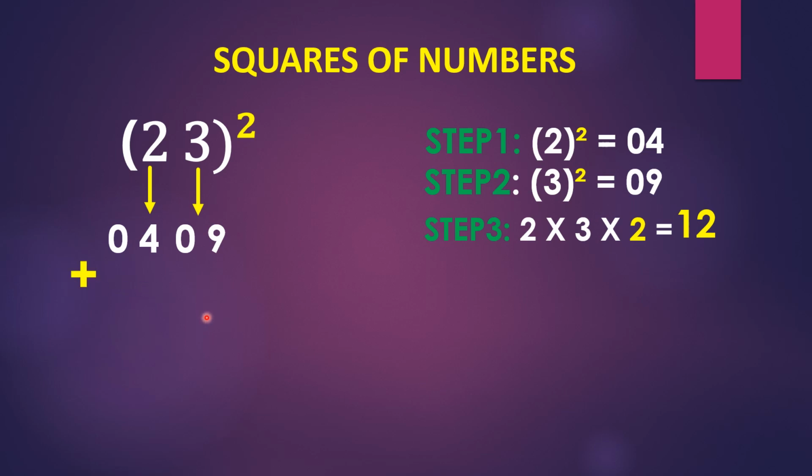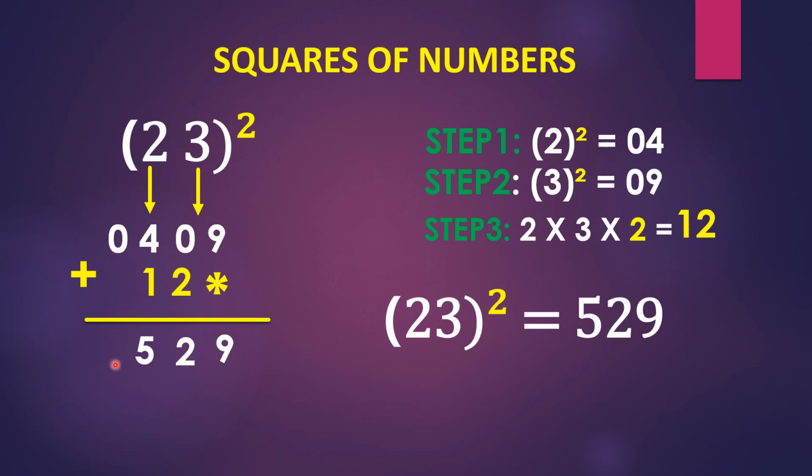Coming over here, now we will add this 12 here. Leave the first digit, the units place. Always leave this place. You add 12 to this number now in this manner. So how much? 9. There is no number, so we will write it as it is, 9. 0 plus 2 is 2. 4 plus 1 is 5, and 0 as it is. So the square of 23, 23 into 23, is 529. It's very easy, right? Let's see a few examples so that you will understand.